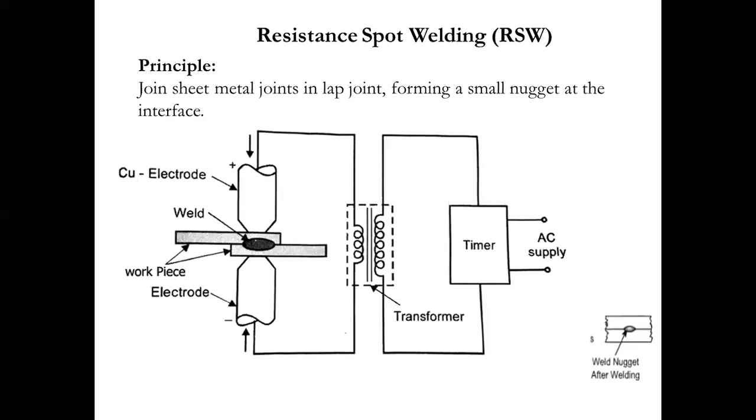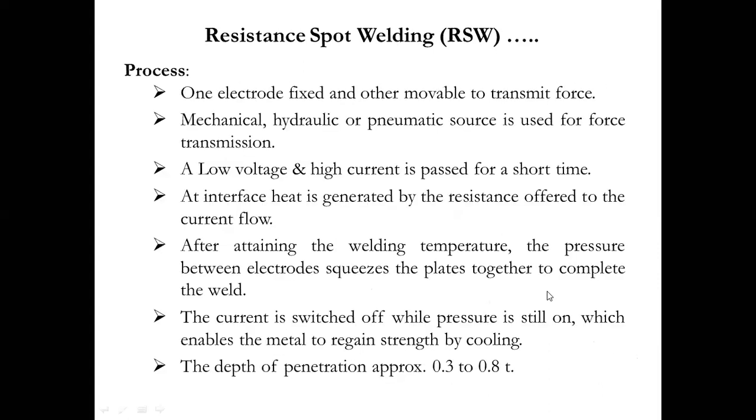The explanation is the same, whatever I gave for resistance welding, as it is under the family of resistance welding. Here you are only creating a single spot, right? That spot you call a nugget. The same thing, you will have the transformer connection. This is the primary winding and secondary winding. And the current supply is AC current. All of you please make a note of it. The AC supply you will give, right? And this is used to join the lap joint for sheet metal, right?